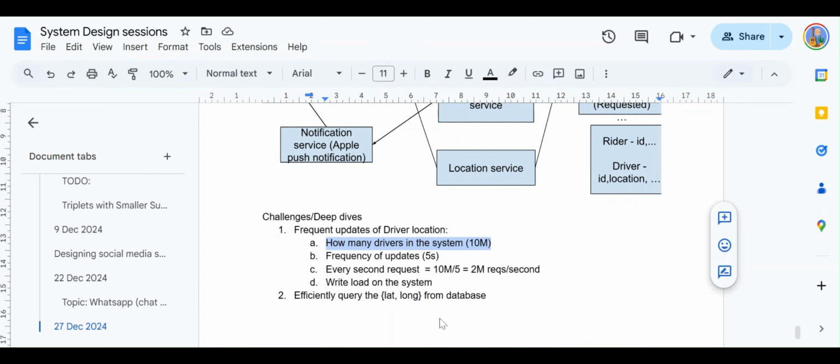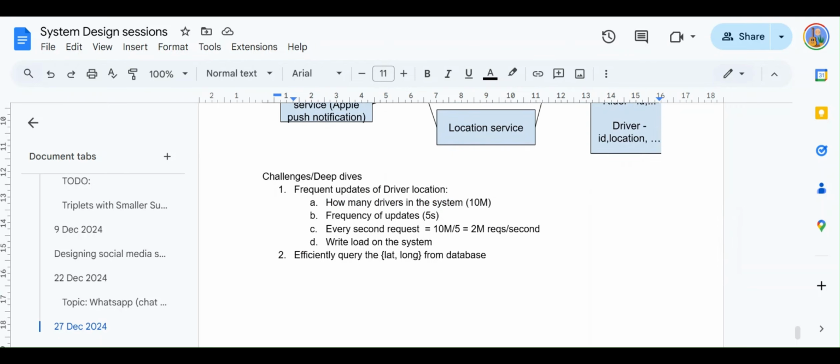And second, even if we try to use some sort of indexing, this is multi-dimensional data, because there are two dimensions to it: latitude and longitude.